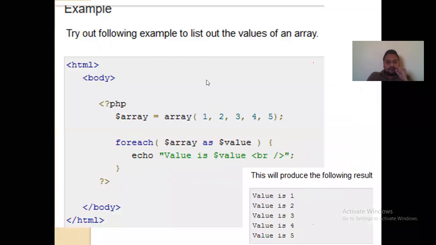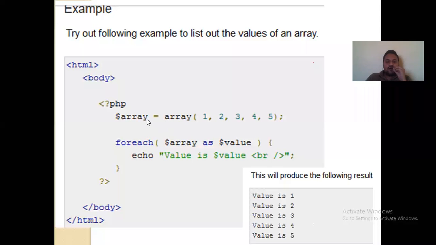So see here, a simple example which demonstrates the use of the foreach loop. Now here, see, this is the starting of your PHP script, and here I have written $array. This is the name of the array here. Okay, is equal to array(). This array function is used here to write arrays. How to write PHP arrays? For that purpose, we need to use the array function. I will later describe how to write arrays, and what the different types of arrays are also. But for understanding this foreach loop, we have written this example here.